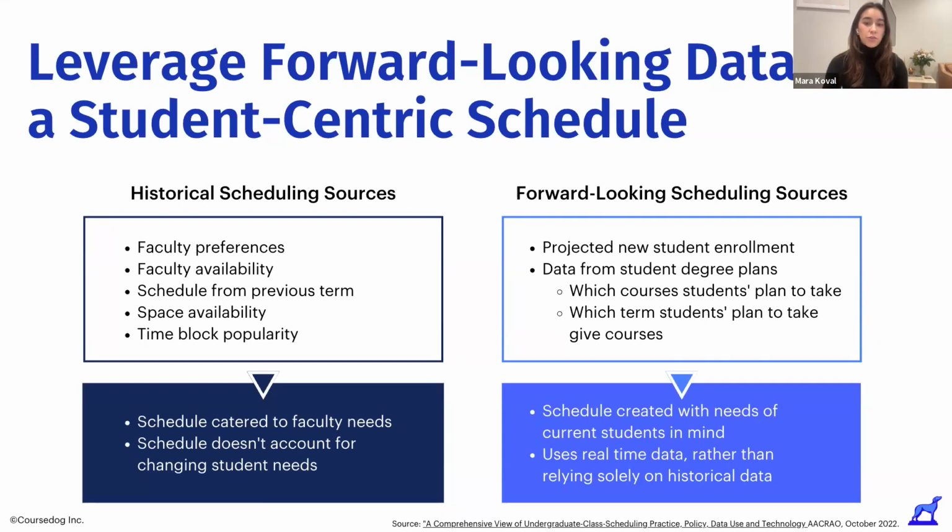We think that there's a huge opportunity for many institutions to leverage data here. Looking at degree planning data from student education plans can help institutions see into the future and assess which courses students plan to take and in what terms. It can also help scheduling teams see which courses are critical for a student to complete their program versus which courses may have some wiggle room for scheduling. There are also a few other metrics to keep in mind.